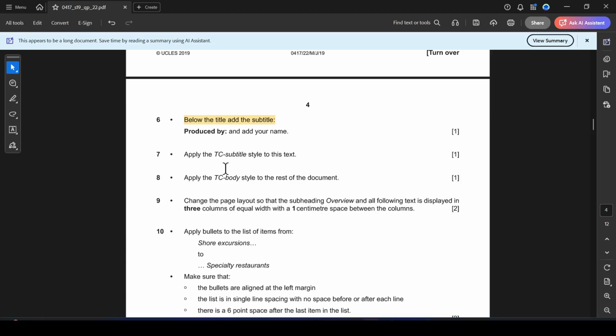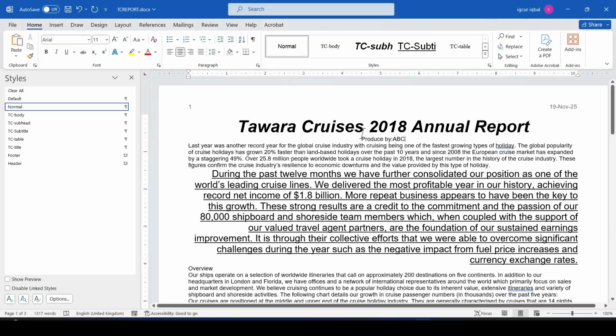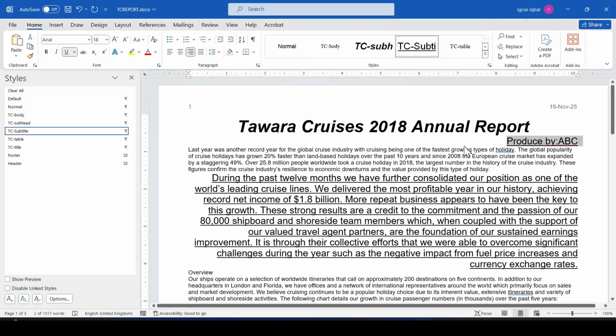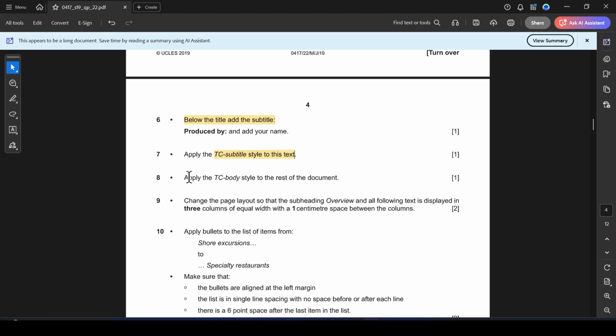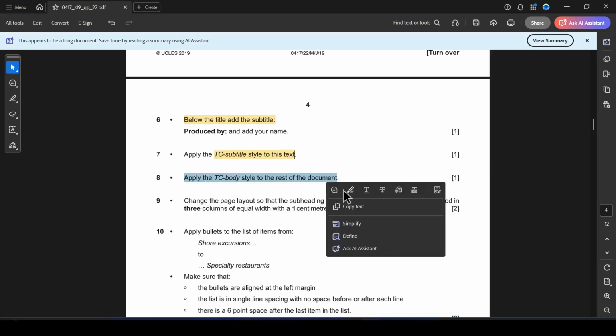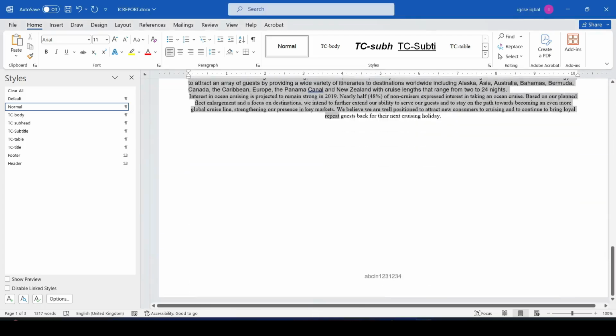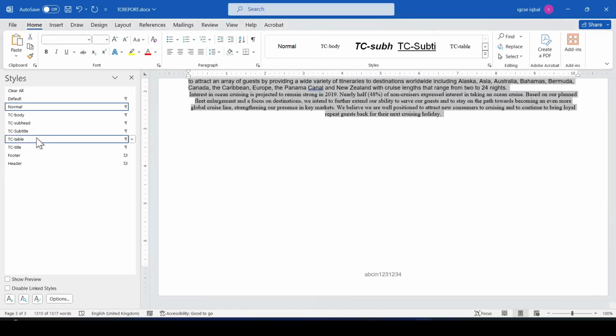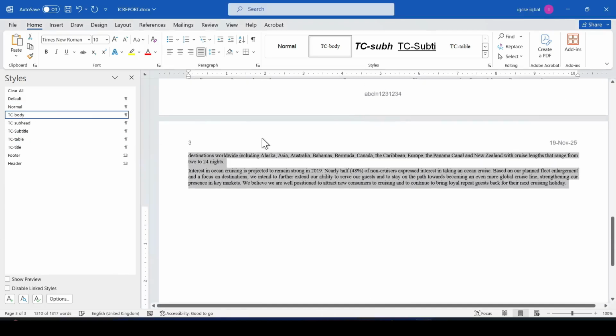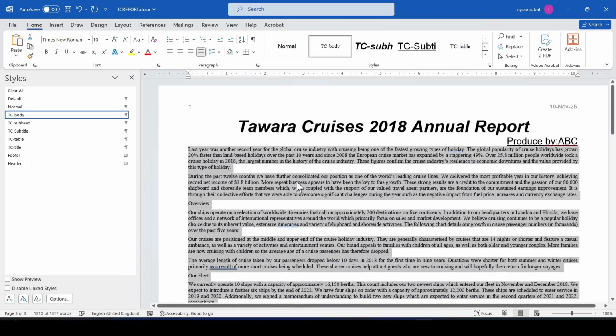All right, so now apply TC subtitle to the style. Okay, so now let me select this and apply subtitle. Perfectly fine. Next, apply TC body to the rest of the document. So now let me select the rest of the document and TC body. All right, perfectly fine. Now done. Next,